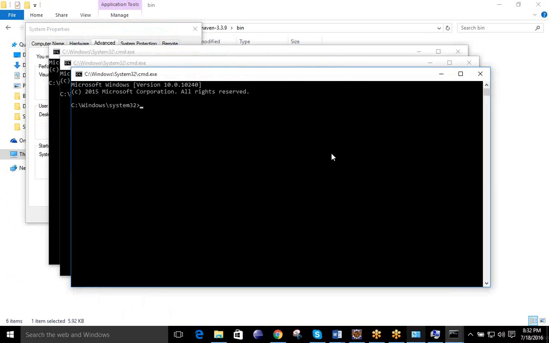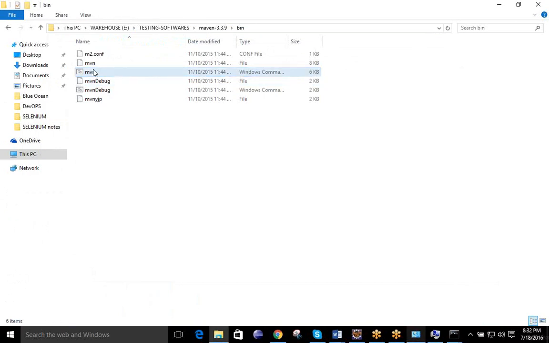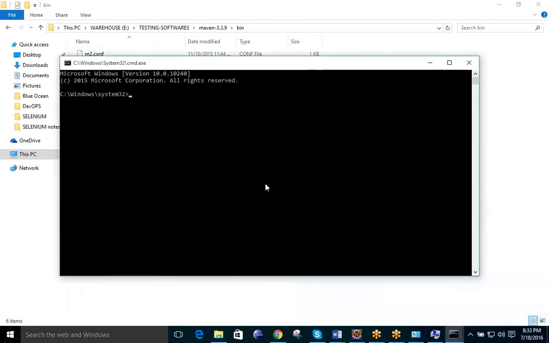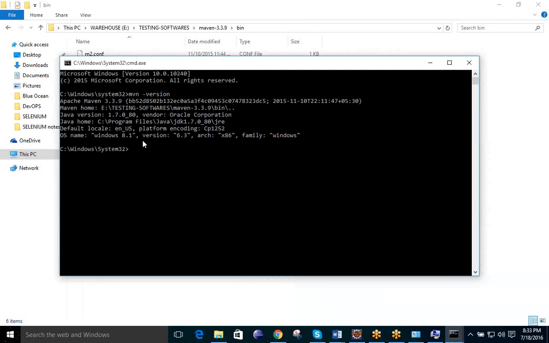This is the prompt, and we have seen in the bin directory what the command is. In the bin directory we have the command known as mvn. For Maven, the command is mvn. So we will open any terminal like this. We can type mvn, then one space, hyphen version. Once you execute this, if your setup is successfully done, or if your system has successfully detected Maven, you will get a window like this one.